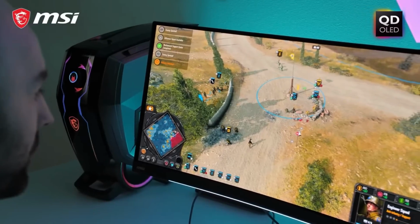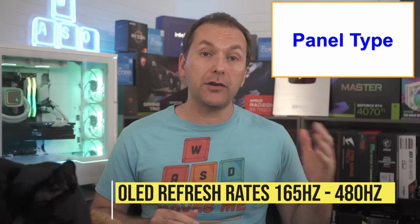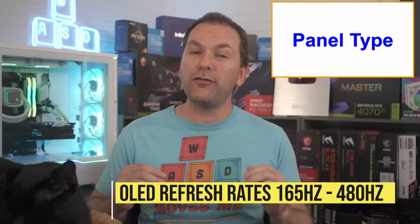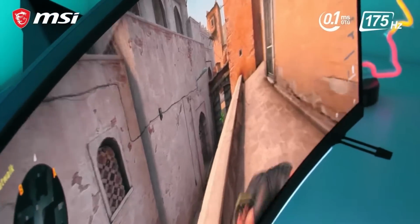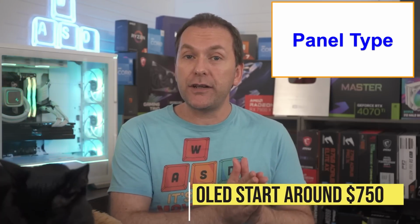In 2024, OLED panels really shine, and they've come down substantially in price, and they can be found at refresh rates ranging from 165Hz to 240Hz to 360Hz and at least one 480Hz panel. While traditional VA and IPS panels can look great, OLED really takes things to the next level with infinite contrast, deep blacks, near instantaneous response times, and amazing motion clarity, and they start right around the $750 price point at